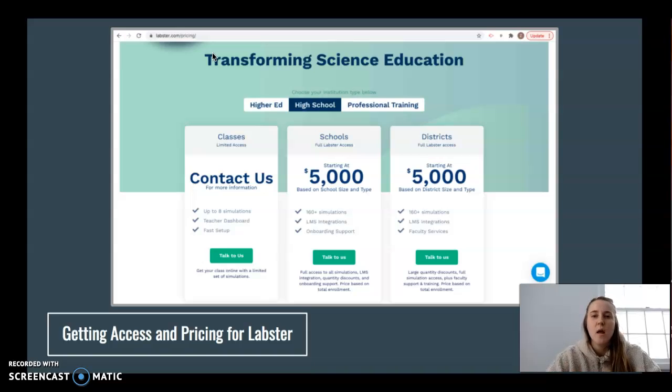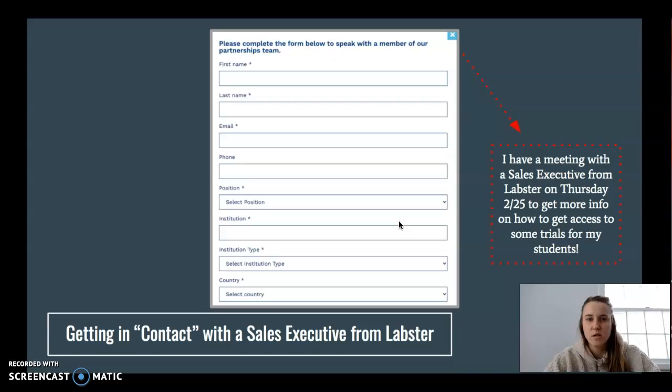So here I have some challenges I've started to experience as I'm moving forward with this project. Here you have the pricing for classes, schools, and districts for Labster. And all of them, to get an actual pricing, you have to talk to someone from Labster, a representative. So I took that initiative and I filled out their form to contact someone, and I actually got through to someone. And this morning I talked to a sales executive on the phone, and I have a meeting scheduled with them on this upcoming Thursday on the 25th